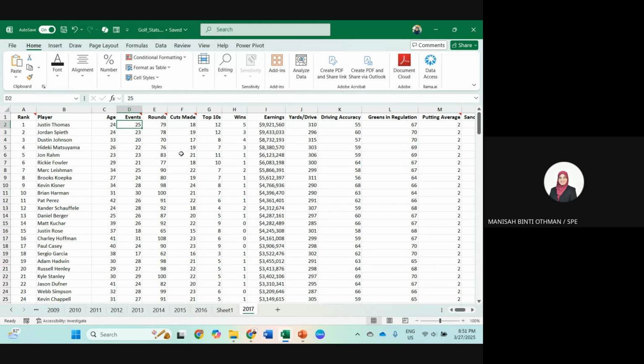Okay, so now let's say we want to display, not based on the pivot table, so we want to create from the raw data between age and earning.